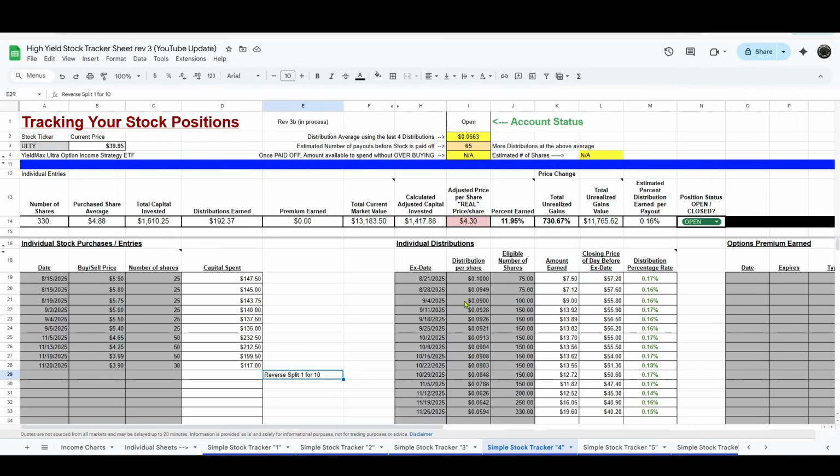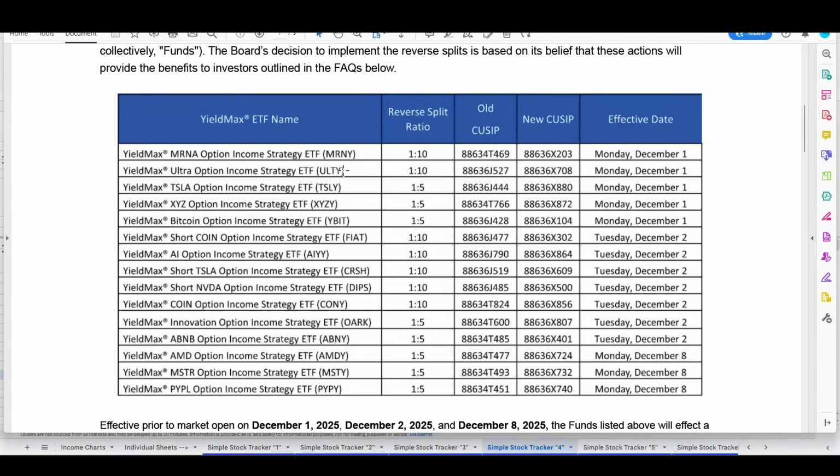So today we've got a lot to cover. We're going to go over how to adjust the spreadsheet to account for that reverse split if you have any of the ones that were in that new list. And here's that list. As you can see right here, this is effective on December 1st, and these are effective on December 2nd. There are 3 other ones that will be effective on December 8th, being AMDY, MSTY, and PYPY. The rest of these have already gone through that and should show up in your broker account, that new